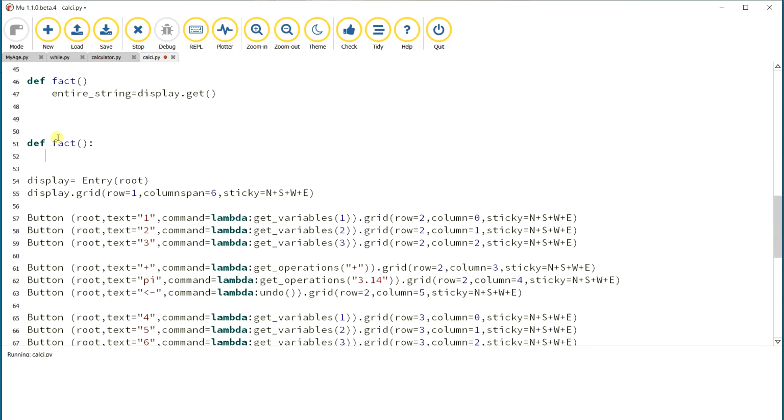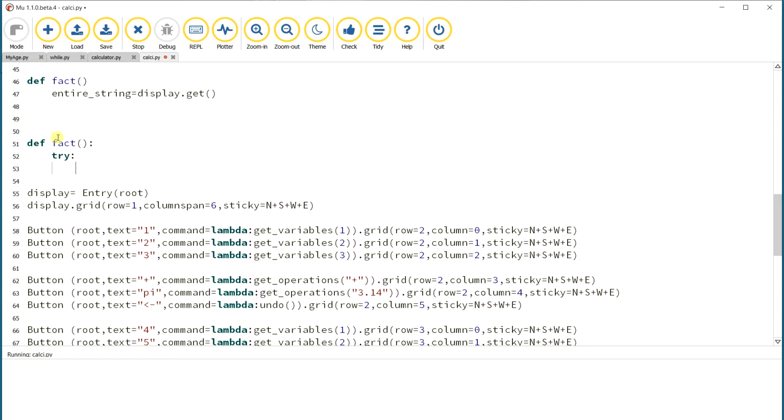We simply call the function factorial, and it will do the factorial of the given number. We are just doing try and catch to avoid mistakes. We are going to store the result of the factorial in result.